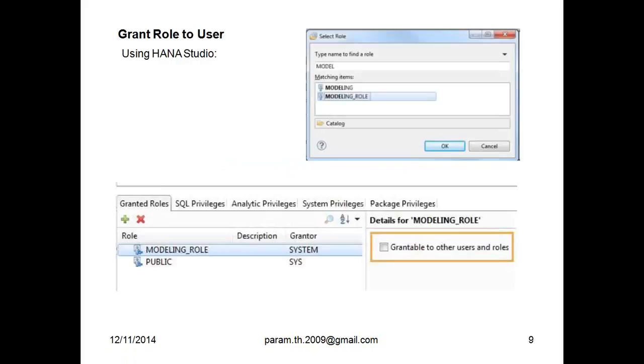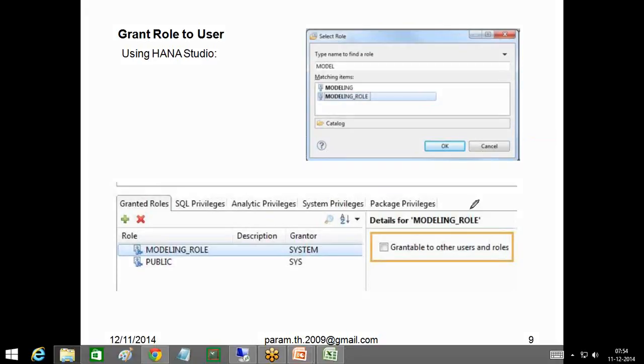the user. When you start granting roles to the user, or start granting authorization objects to roles or user groups or individual users, there will be a right-hand side checkbox that indicates is it grantable to other users or roles. With this checkbox, if you select this checkbox, the recipient user becomes a grantor for other grantees. Meaning, for example,